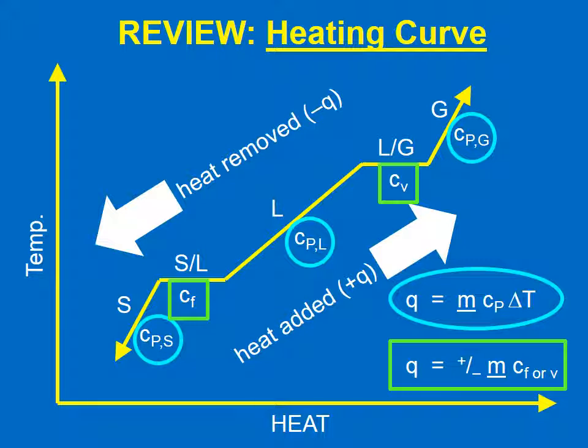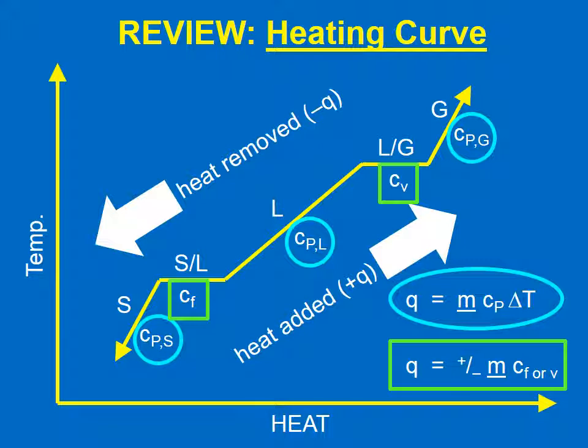Let's review heating curves. There's one shown. We have the different states of matter and the transitions between the states. Whenever we're within a given state of matter and the temperature is changing by us adding heat or taking heat away, we want to use the delta T form of the equation, which I've circled in blue in the lower right. And we want to use the constant, that is the heat capacity that is specific to that state of